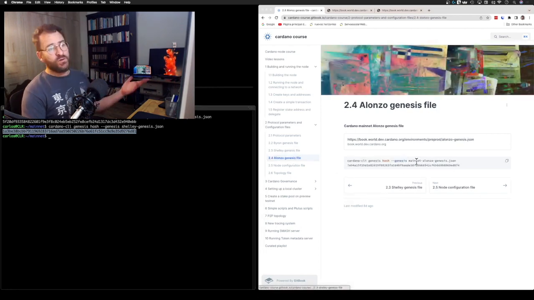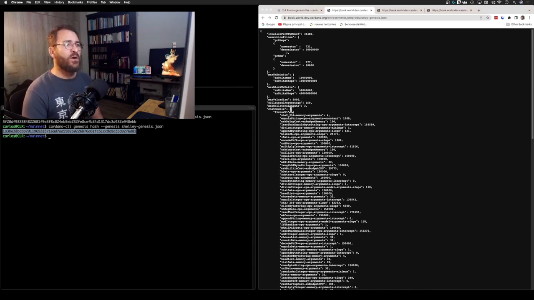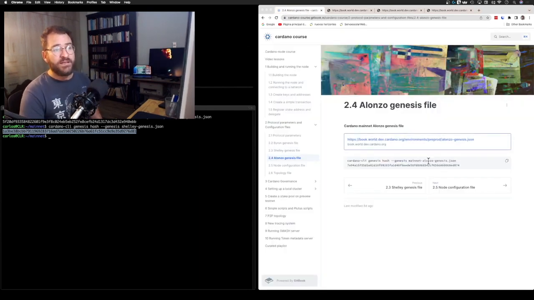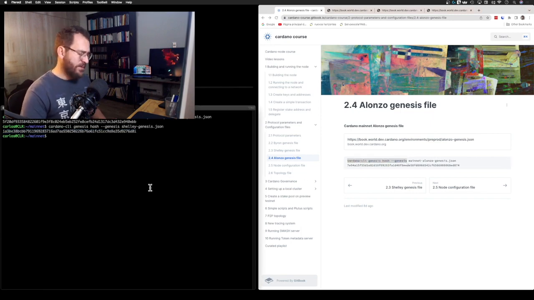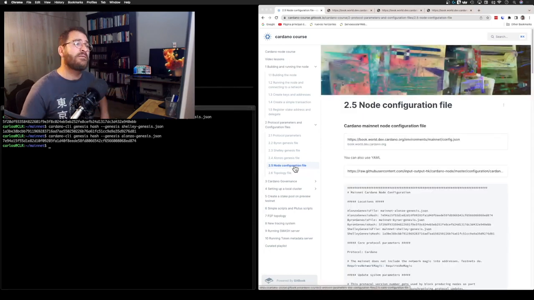And now we go to the Alonzo Genesis file as well, and it contains some other protocol parameters that we are now familiar with that have to do with the execution of Plutus scripts, including the cost model, the collateral input, etc. And of course we also have means of getting the hash of the Alonzo Genesis file, which is exactly the same command, but we pass as an argument in this option the Alonzo Genesis file, and we get the hash, and it ends in D874, and that's great because